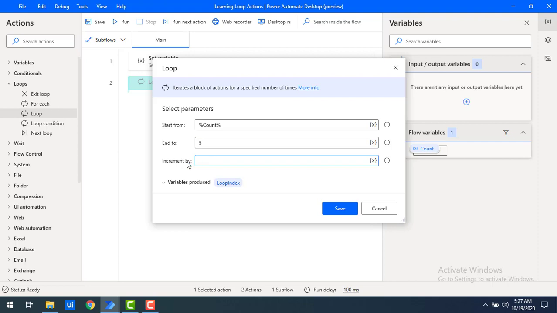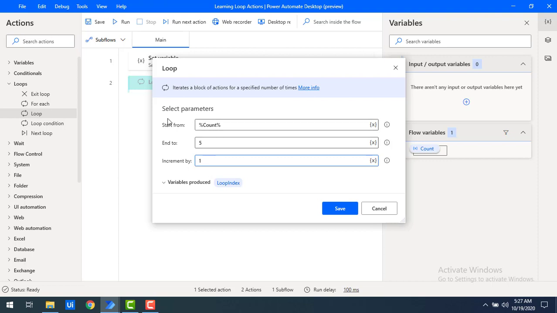And then over here, if you see another parameter, increment by. What does this mean? As I have shown you I plus plus, that is nothing but I equal to I plus 1. I'm going to increment the value by 1. So here also, if you want to increment by a value 1 or 2 or 3, you can go ahead and increment the value. Right now over here, I'm going to increment the value by 1.